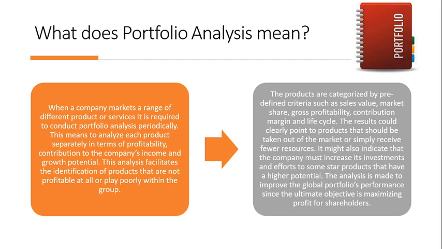Okay, the products are categorized by predefined criteria such as sales value, market share, gross profitability, product life cycle, and so many other things. The results could clearly point to the product that should be taken out of the market or simply receive fewer resources. So, if you think there is a product which is using so much of your resources but is not contributing much to your profit,